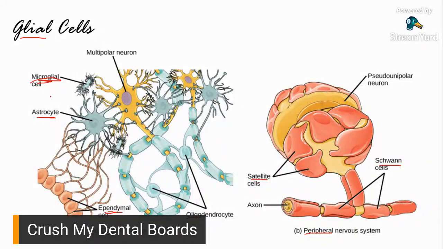So microglia, it's responsible for phagocytosis. What's phagocytosis? It's elimination of unwanted cellular elements, di ba? Phagocytosis. Okay, so microglial cell, kaya ganyan ang itsura niya. It's responsible for phagocytosis. Now, the astrocyte right here, well, it looks like a star, you know, and its basic function is to serve as a scaffold.